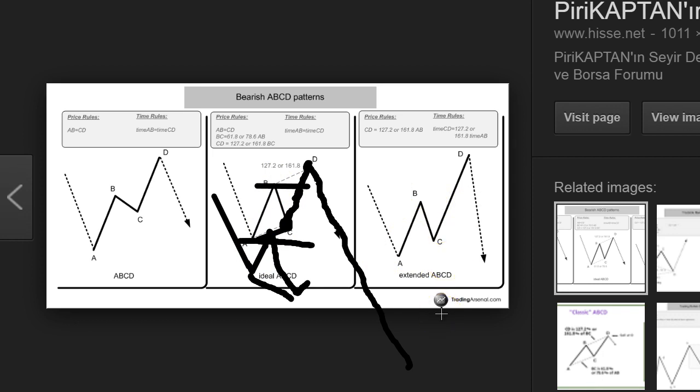I don't know if this is bullish or bearish. Oh, these are all bearish, right? But look at this. This is where the money's at. The D wave is a tremendous amount of money. This is a kind of a range trade, because when we come back to here, now they're trapping these guys